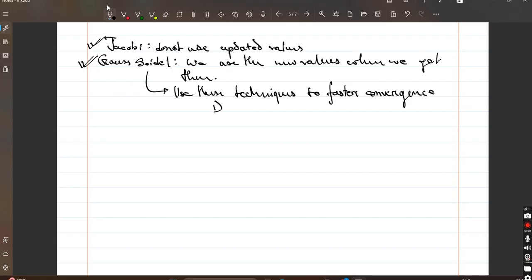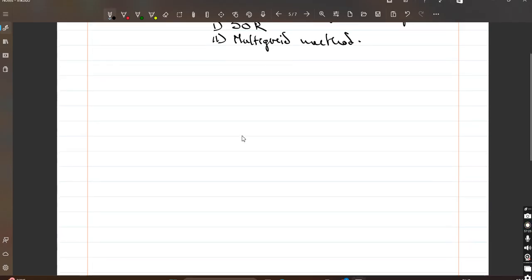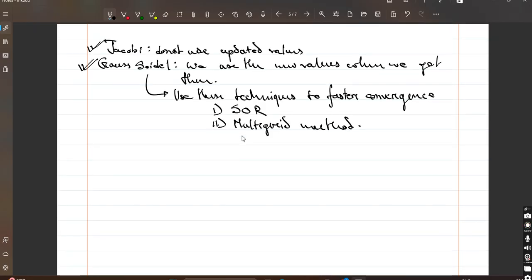Okay, so one technique is successive over relaxation, and the second way is a multi-grid method. These methods we will touch upon later as we go ahead in our course, but this is the basic idea of